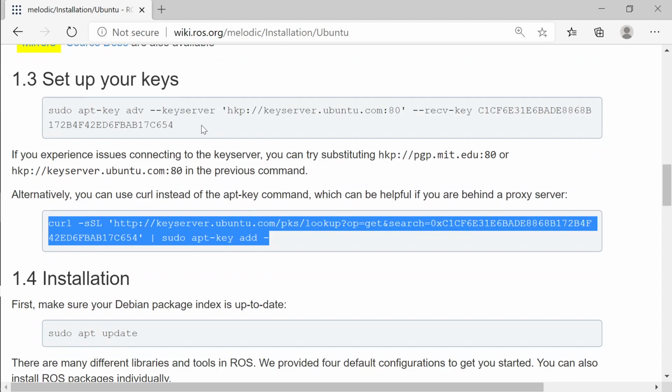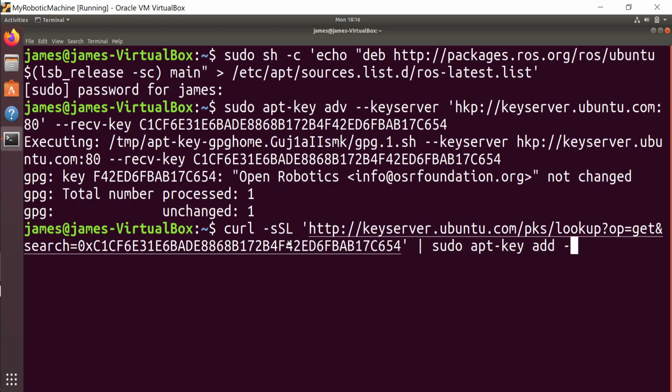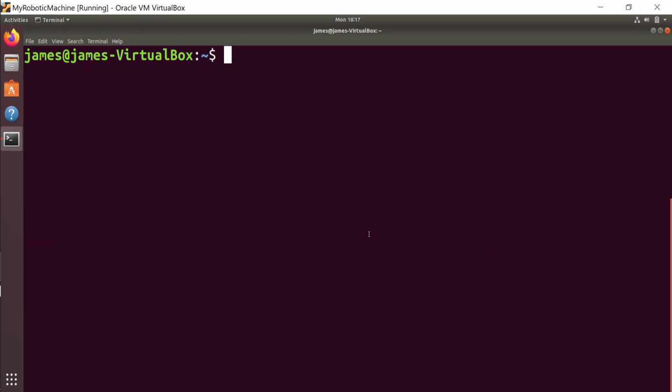Basically you can either use this command or that command; in case you have a problem with one, use the other. Let's run it anyway. It's the same command. If the first command, sudo apt-key, does not work, then go ahead with this command. In this case the second command did not work for me, but the first command did work for me.